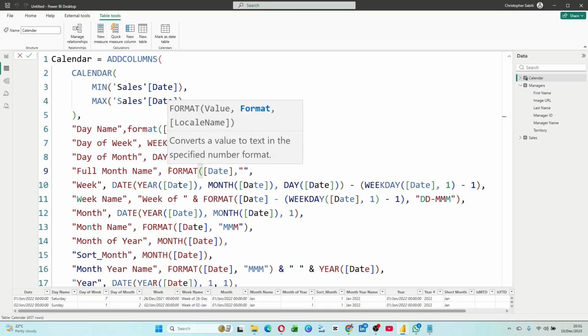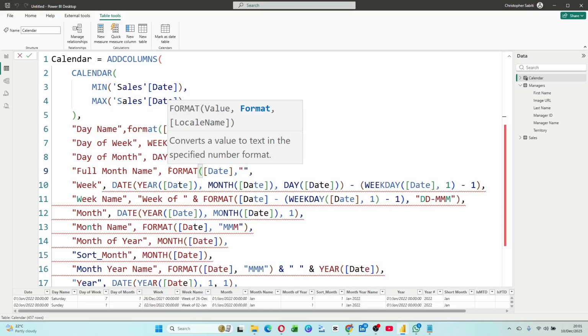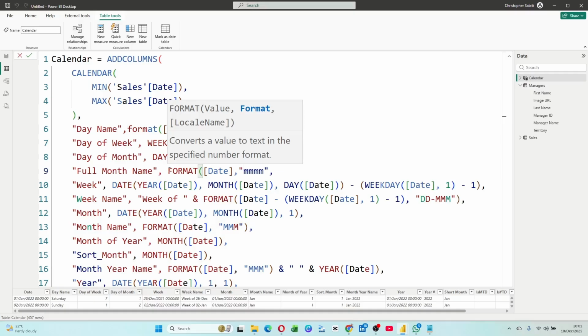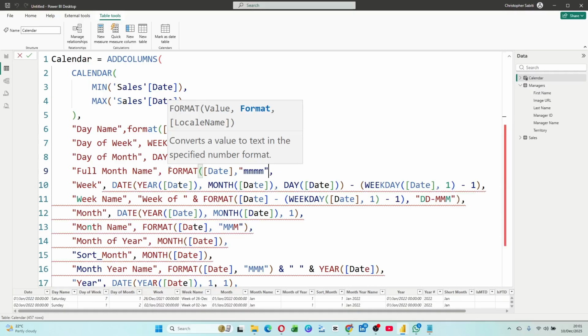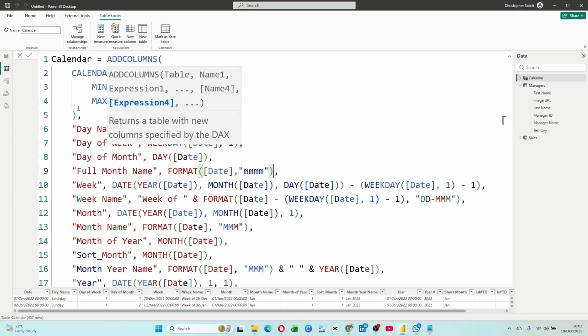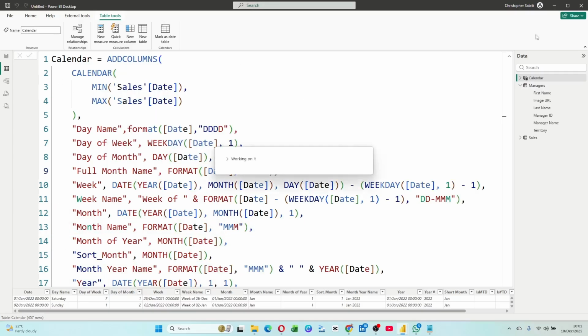Open quotes. Using the 4Ms. The 4Ms give you a full. You see now these dashes show that I have an error, but I know the error is because I haven't closed this bracket. So I'll close it and the error will go off. Now if I commit the changes,